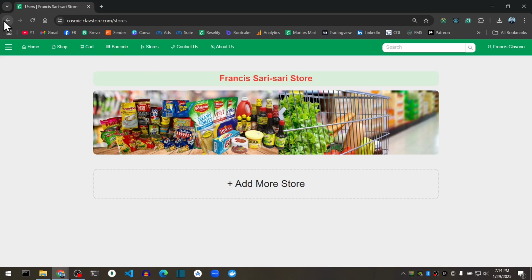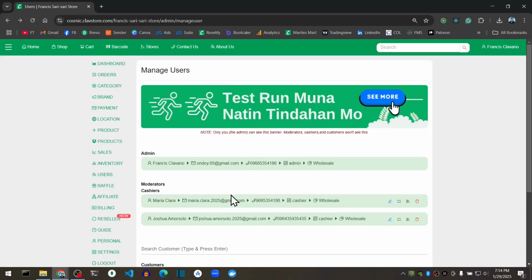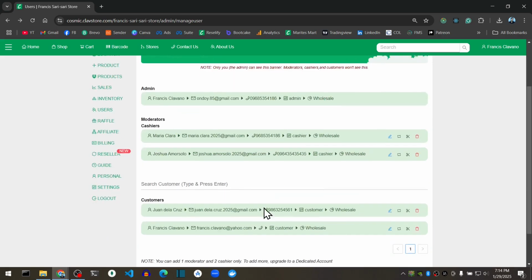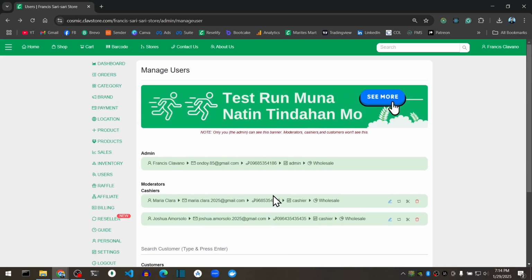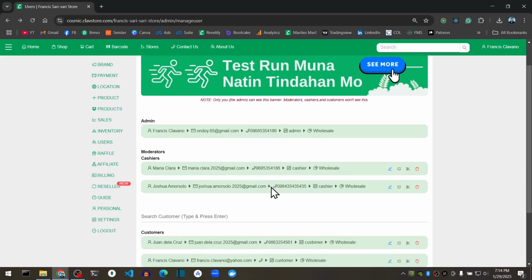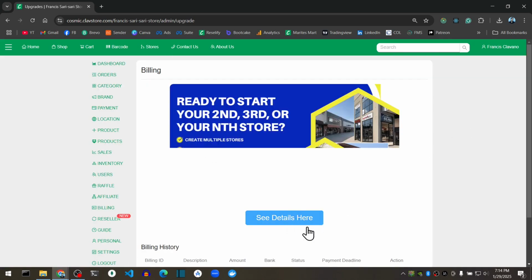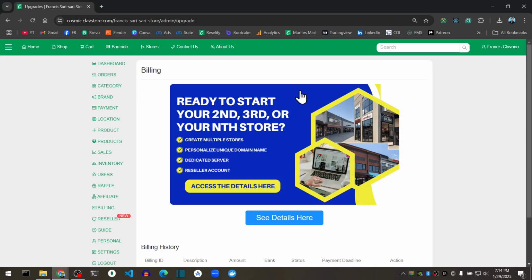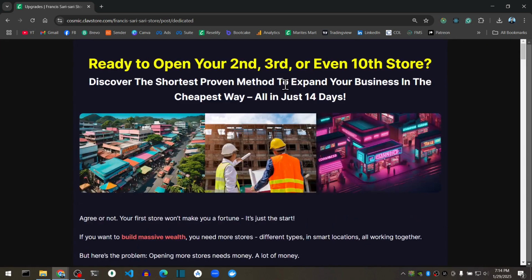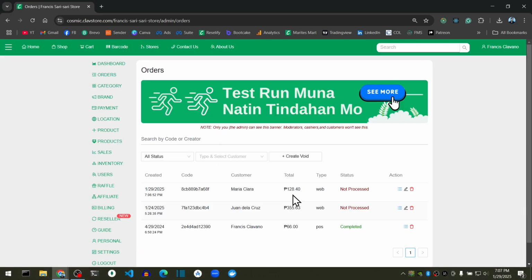But if you want to have unlimited stores with unlimited cashiers and moderators, you can go for an upgrade to a dedicated account. If you want to know the details of the dedicated account, just go here sa billing and then see details. Kasi ito yung details. I-click mo lang itong picture and you will be redirected to the details of the dedicated account.